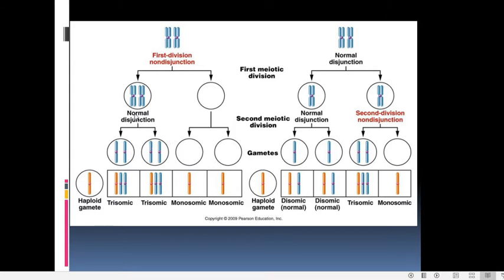Now we will see what happens during the next division. In the next division, chromatids will be separating, the spindle fibers will be separating the chromatids. So in the next division, when this divides into 2, this chromatid will come to this cell and the other chromatid will go to this cell. In this chromosome also, the chromatid will go to this cell and his sister chromatid will go to the other cells.